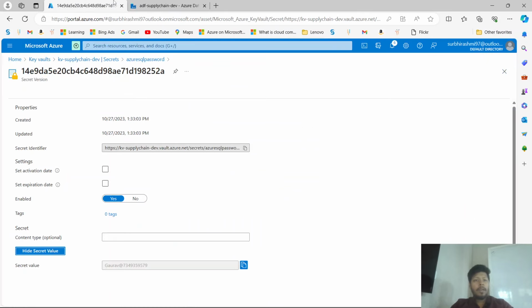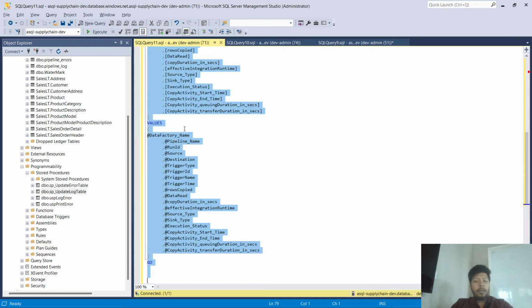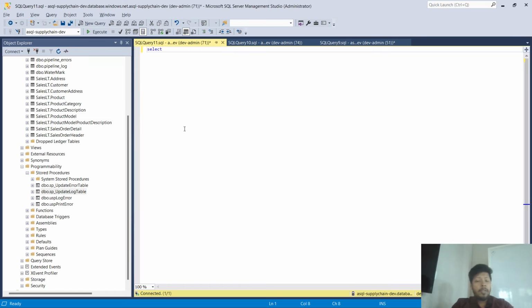So if I go back to our SQL Server Management Studio, and run a command in order to see whether the one which we have run is updated or not, let's say we go to the pipeline log. Since it was successful, it won't throw any error. And if I execute it,